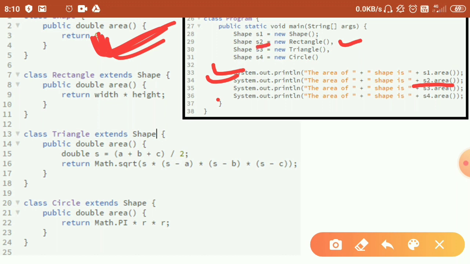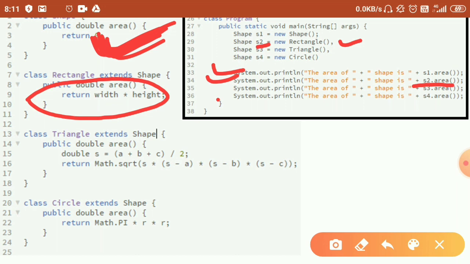S2 will start behaving like rectangle, and hence instead of calling this area function, this time this area function will be invoked and the area will be something different.